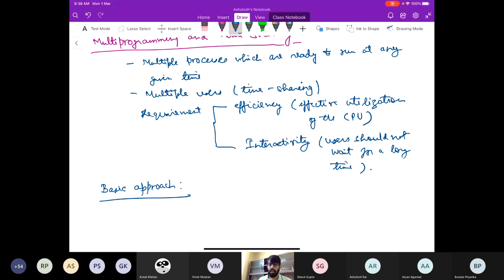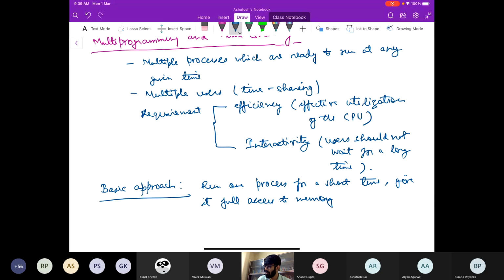So one very naive approach can be that okay, run one process for a short while and then swap it with another. Give it full access to memory, and then when we need to run another process,